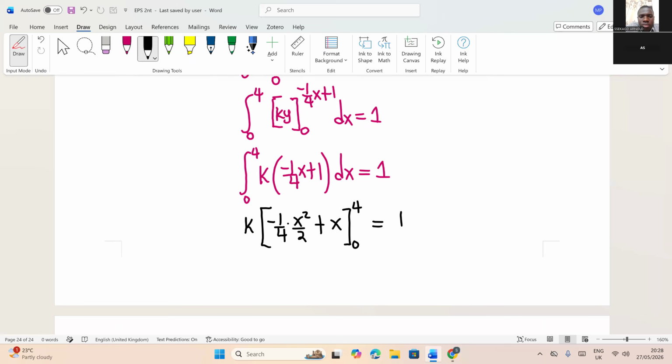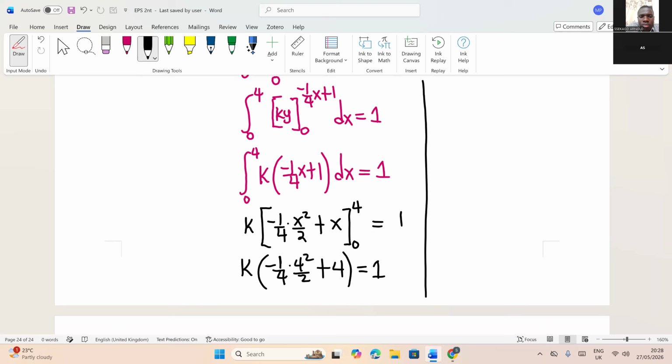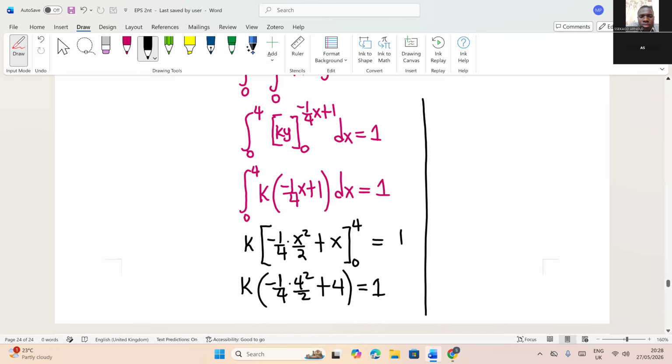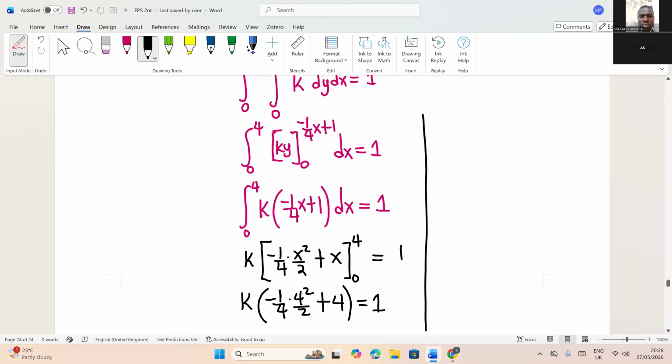Substitute 4 and 0: k times negative a quarter times 4 squared over 2, plus 4, minus, when I substitute 0, I get 0. This is equal to 1. So if I solve for k,